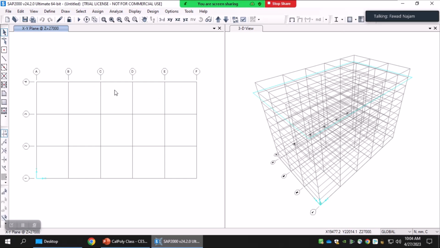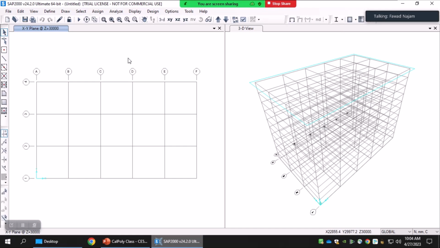So you can see that the cyan line is now not the topmost but one level down. So I can toggle between different plan views. You can see here it is going down and then finally going up again. So it is really important to know at which XY plane you are when you are modeling your structure